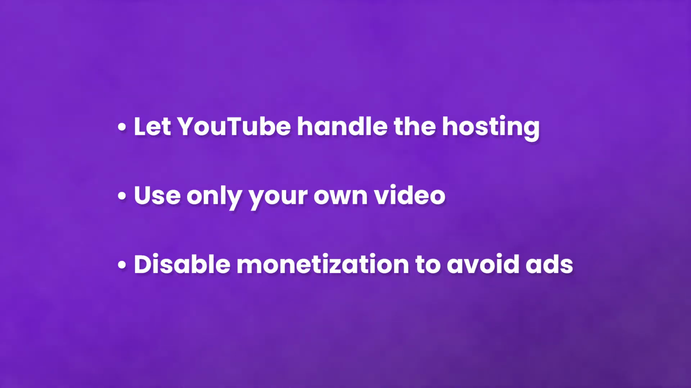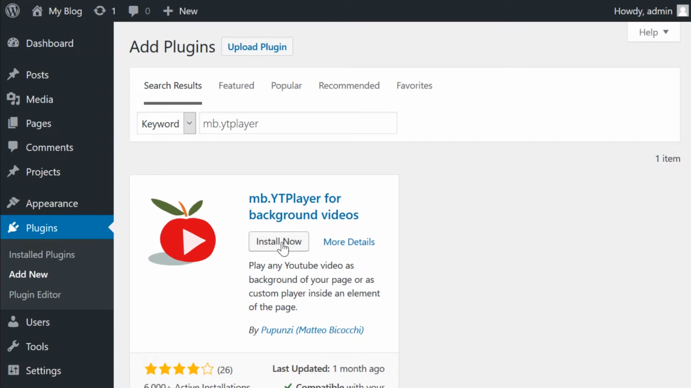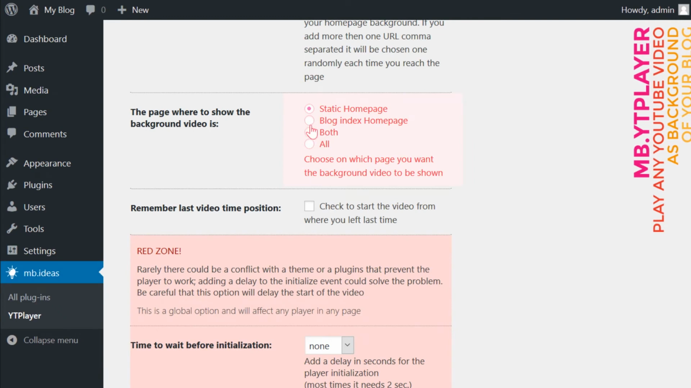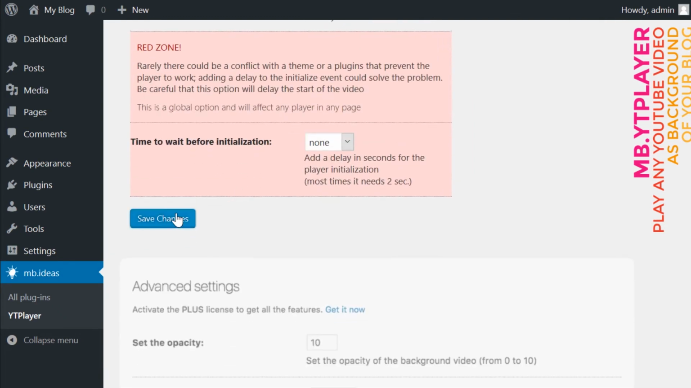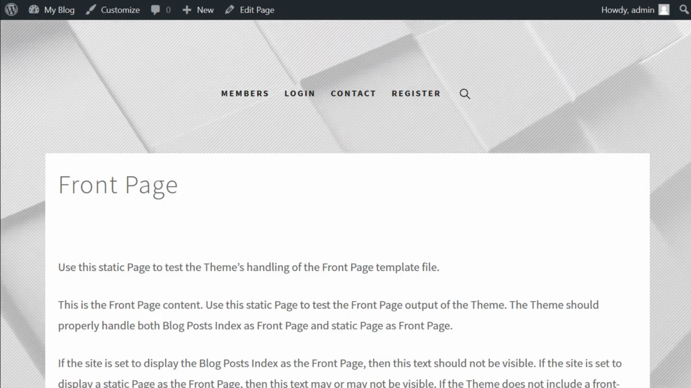With all of that covered, let's get your background set up. For this video, we'll be using mb.Ytplayer. Just install and activate it and check out the settings. After personalizing the plugin, simply copy and paste the YouTube URL into the settings and select the pages you want the video to appear on. Once you press the Save Changes button, your site will automatically begin pulling the YouTube video and inserting it where